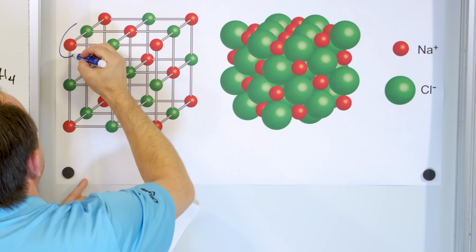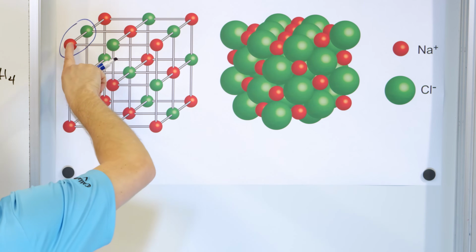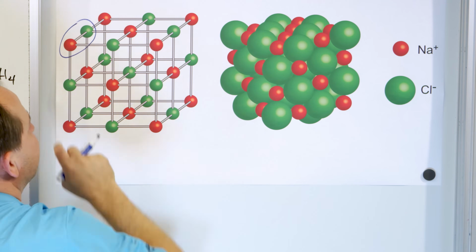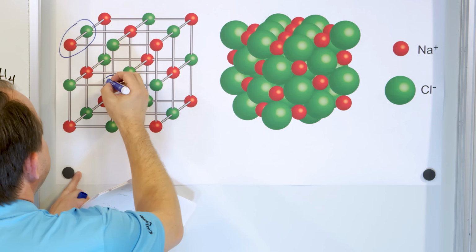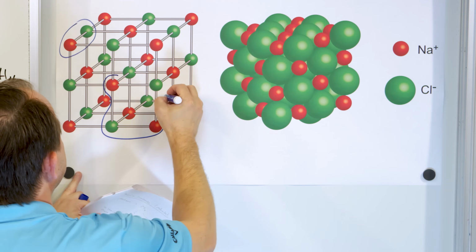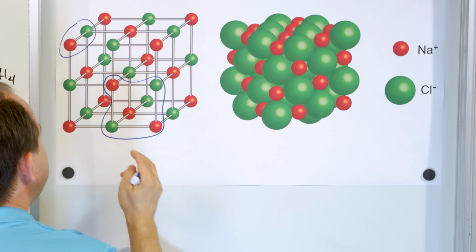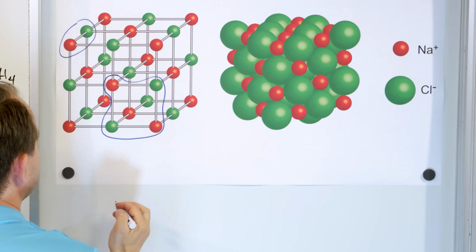Let me draw a circle around these two. Then I can say that one atom of sodium bonds with one atom of chlorine. But would it also be true for me to circle these four atoms right here, if I wanted to, and say, well, wait a minute, I have two green and two red, so that's like